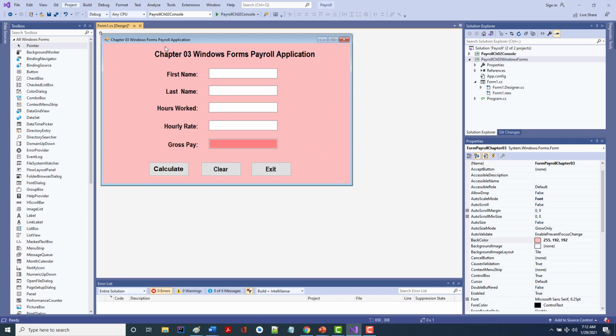First, I'm going to click on the form right here, and then go to View, Tab Order, and set the order of my tabs. I want them to be this one, then this one, then this one, then this one. So if I start to run the program, at the beginning it'll be on first name. If I hit tab, it'll go to last name. If I hit tab again, it'll go to hours worked. If I hit tab again, it'll go to hourly rate. Then I want to go here, then here,